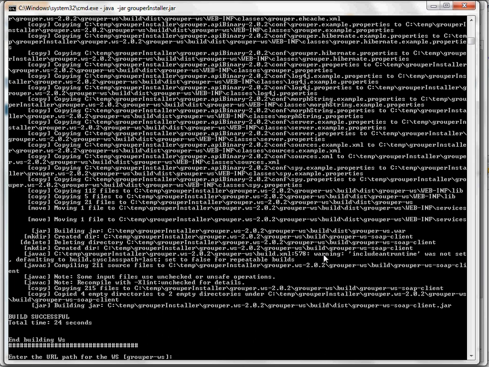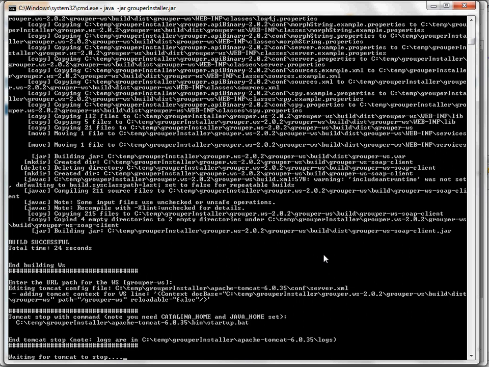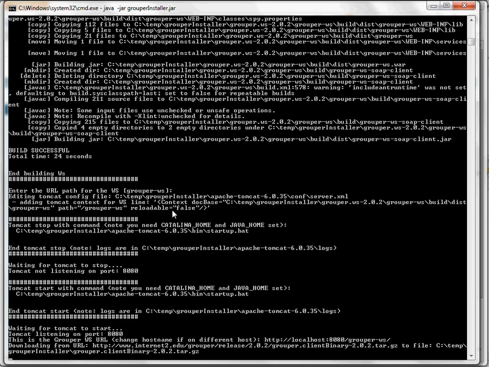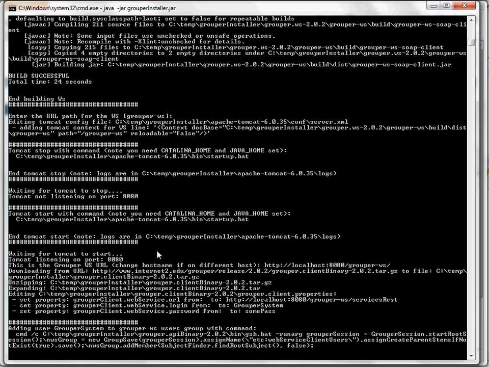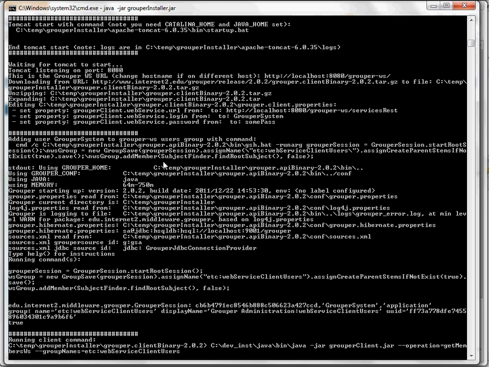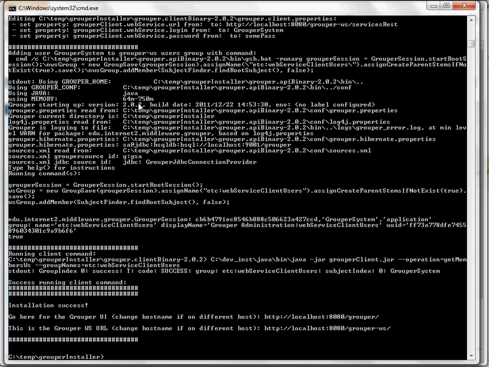After it's done, you can set the path where you want Grouper web service to be in Tomcat, and the default is grouper-ws. It's going to add that to the server XML. It's going to stop Tomcat, start Tomcat, wait for it to start. It's going to add grouper system to the web service users group with GSH,